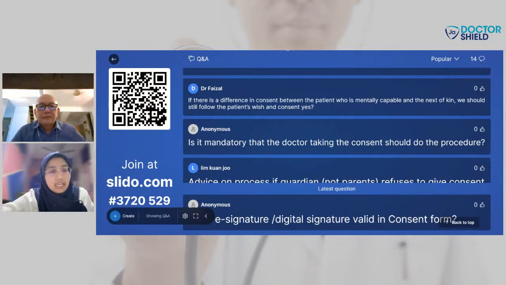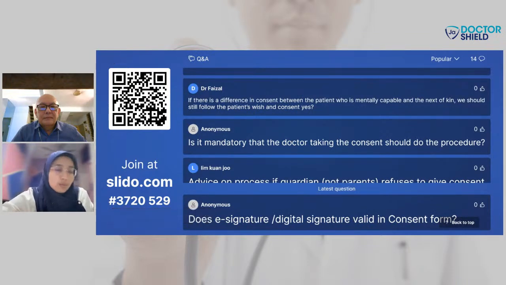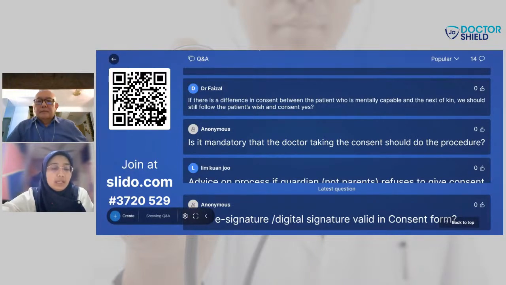So at the end of the day, it doesn't really matter who's dominant. The consent must come from the patient directly, and the patient must agree to whatever procedure being undertaken, because at the end of the day, it's on her body, so she needs to consent to it. If not, it will be a trespass. Then there will be another subject matter, like trespass to body or battery to body and that kind of thing.